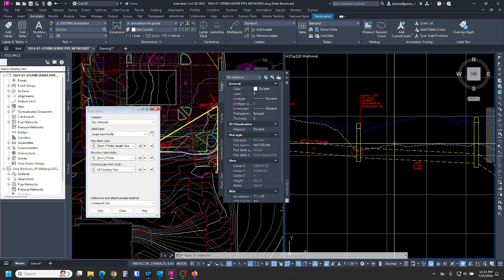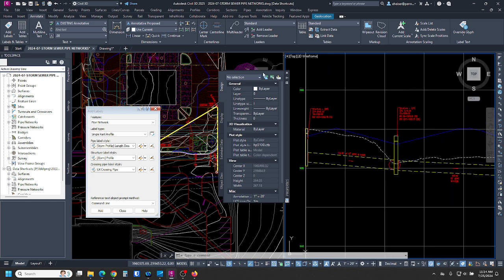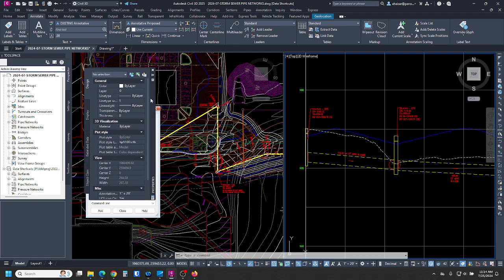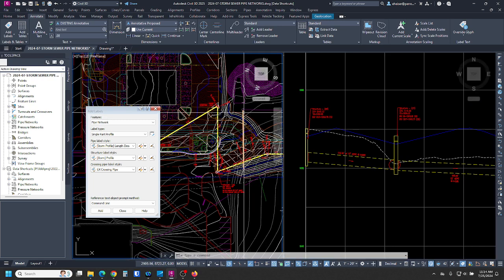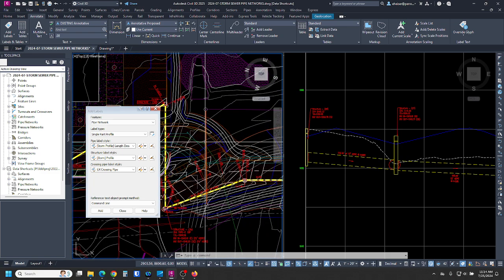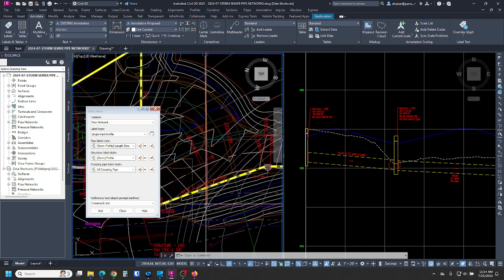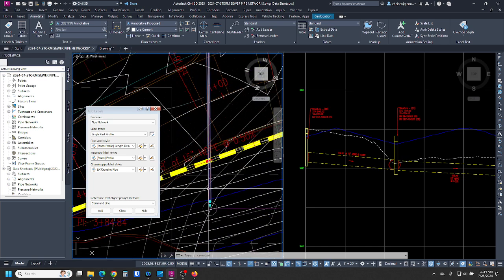Okay, next thing we're going to do is how to add and label a crossing pipe in a profile view. So in our profile, we have a sanitary main, existing one, that crosses it. I modeled this as its own pipe network so we could add it. So the way to show that, you would click on the pipe you want to add, draw on profile view,